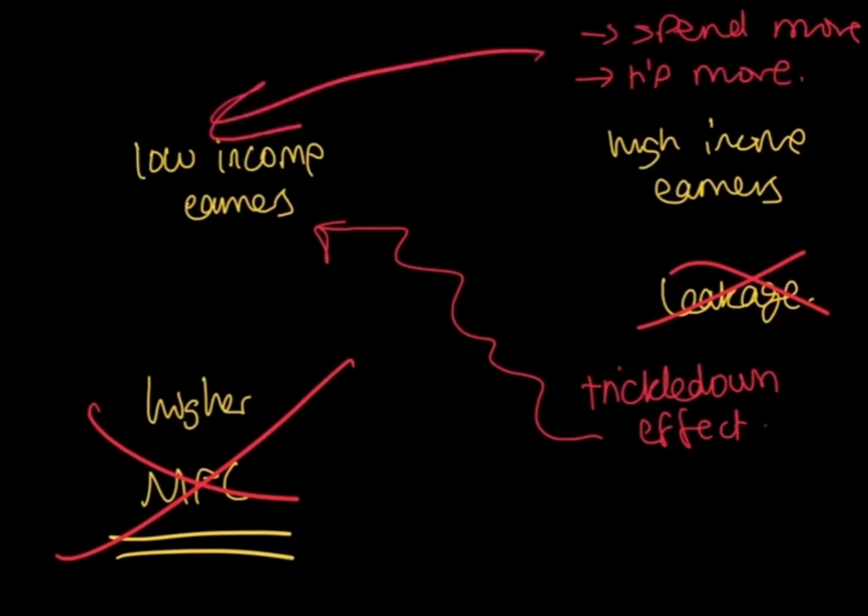So let's say somebody's earning £100,000, after tax they earn £70,000, but now after tax they earn £80,000. That extra £10,000 they might be way more generous with it, or they could spend more. That could create jobs for low income earners and give them more of a chance of earning a higher income as well. Or like you said, they could be more likely to start businesses themselves and hire more. Either way, the point is that low income earners might be able to have more jobs for themselves.